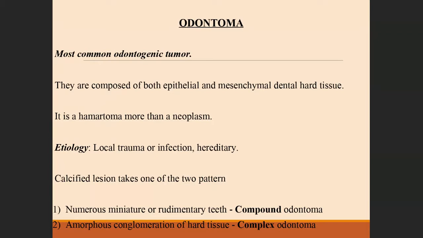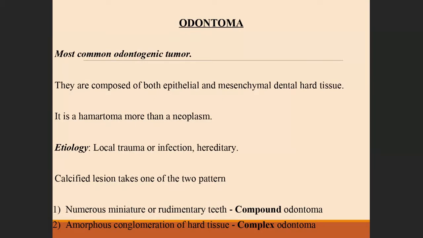Now, if you are considering it as a tumor, then it's a benign odontogenic tumor. If you consider this as a tumor, it is the most common odontogenic tumor. If they ask you in your exam, remember that it is the most common odontogenic tumor, but again, it is a hamartomatous proliferation. What is so special about this tumor is, one, its frequency of occurrence, and in this particular tumor, you have both epithelial and mesenchymal tissues proliferating and completely differentiating.